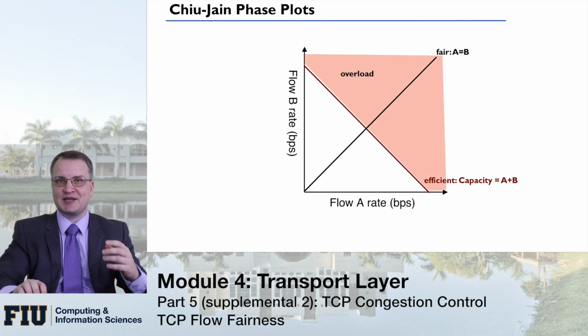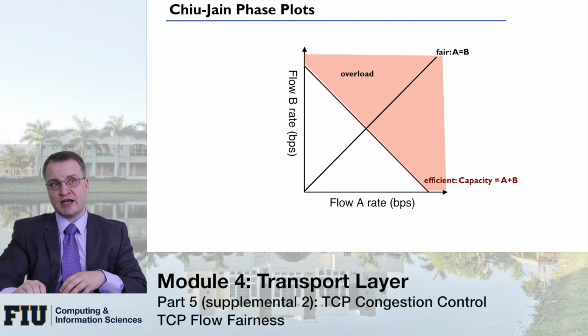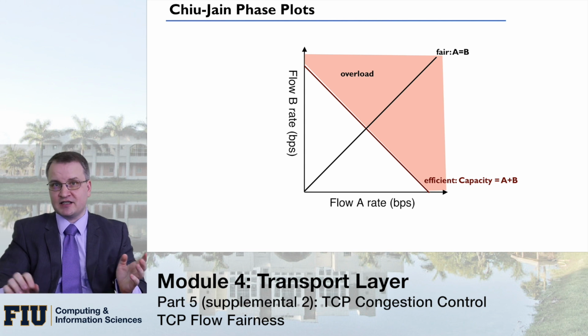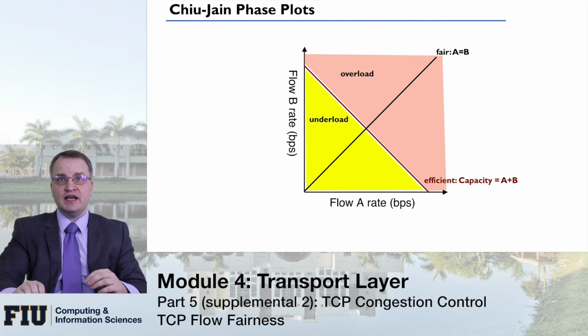Overload is something that is impossible to have, but for the purpose of congestion window, you can actually set the congestion window to more than the available bandwidth, which will effectively result in losses. That's kind of an obvious thing. Underload means that your congestion window is less than the maximum. It's not necessarily the case that TCP will always use the maximum capacity. Most of the time it's actually using less capacity, and I'll ask a few questions about that later. And the fair point is the fair point.